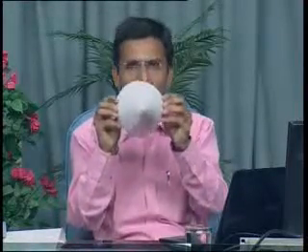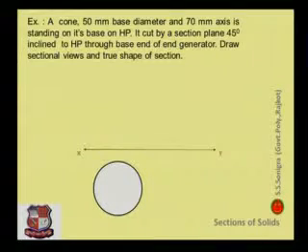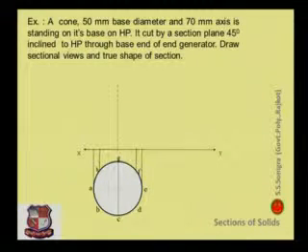Here in our problem the diameter is given. So if we look from the top side, it would appear as a circle, and below the XY line it would appear as a circle. Now above the XY line it should be a triangle. Height is given, diameter is given. Now once the cone is given, after drawing the XY line, divide this circle into an equal number of parts, means drawing imaginary generators, that is A, B, C, D, E, F, G and H.